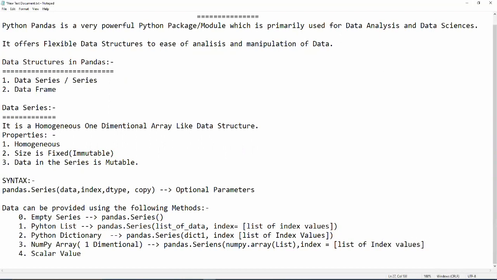We may or may not provide this. It is unnecessary, this is optional for you.